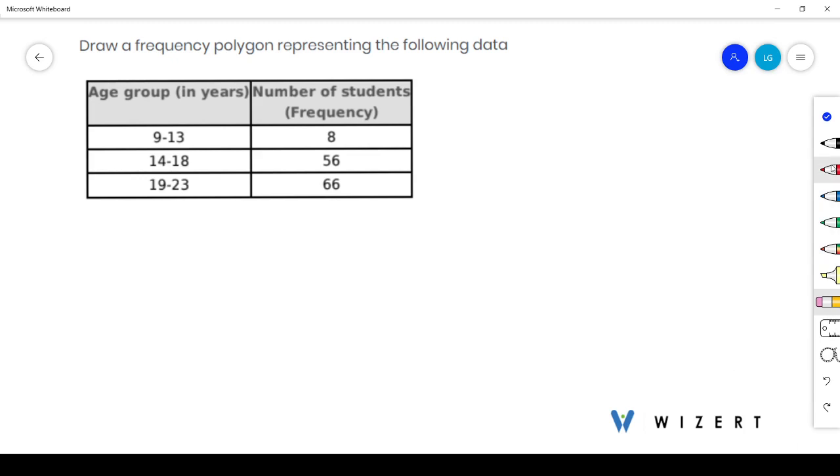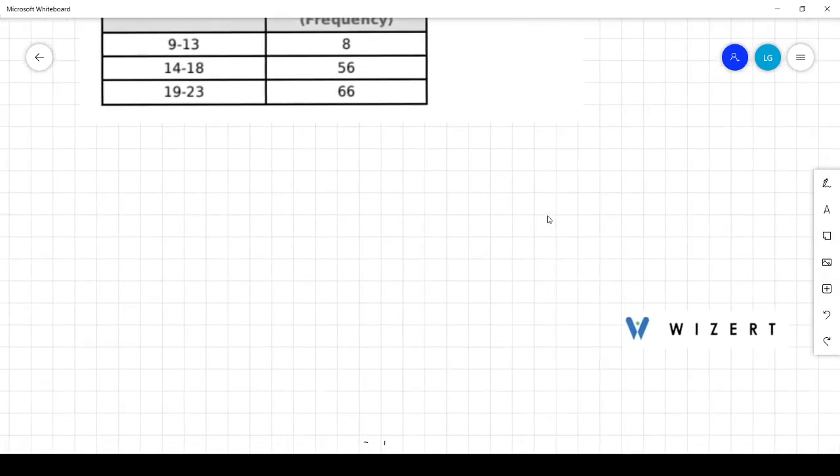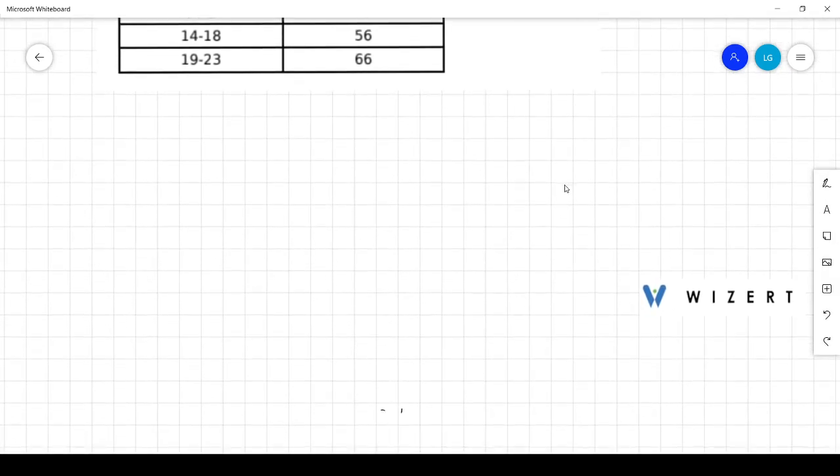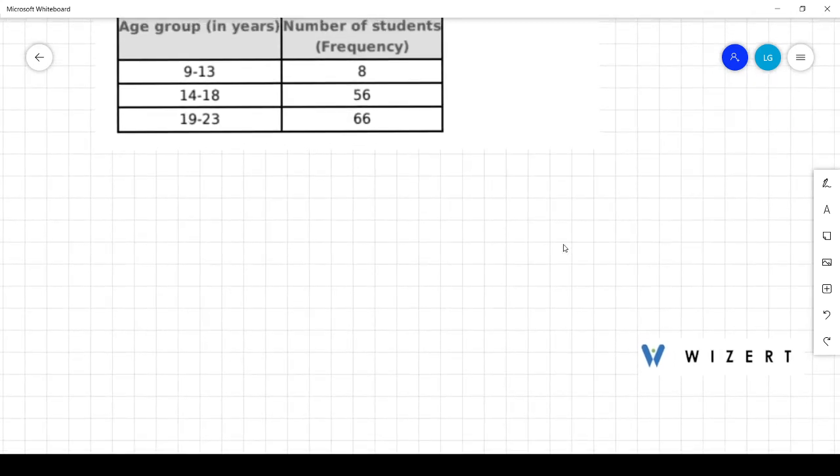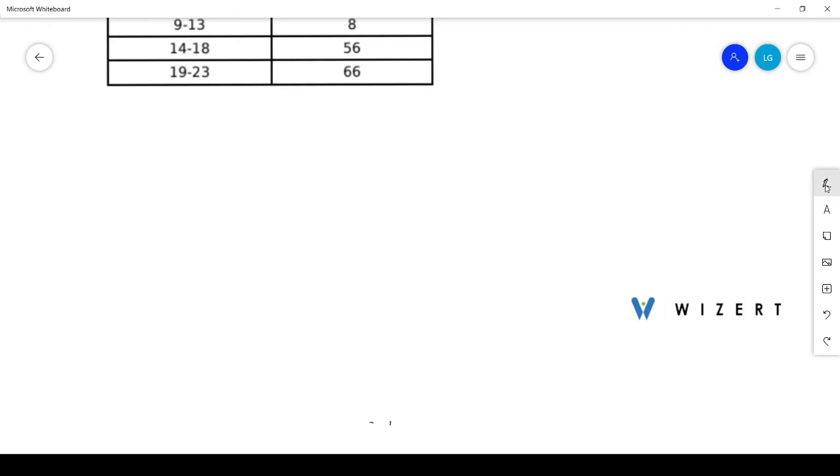Our question is, draw a frequency polygon representing the following data, and we have to represent age group in years and number of students. Okay, so to draw the frequency polygon,